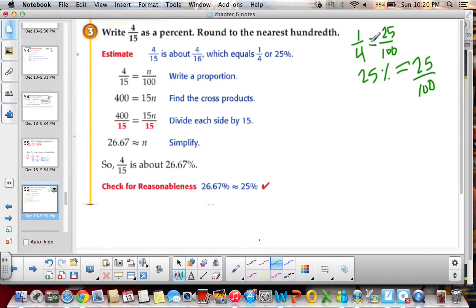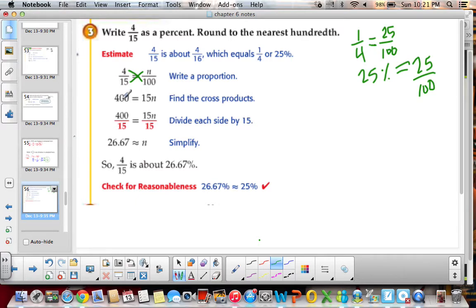So we know that if we had 1/4 and we were trying to figure out what the percent was, we can take 1/4 equals whatever number, we can make it x over 100, and we can see that since they're equal, it's fine to put a variable in there to try to figure it out. So we're going to do the same thing here. We're missing the percent. We're trying to figure out what that number is. So 4/15 equals n over 100, and then we know that we can cross multiply,